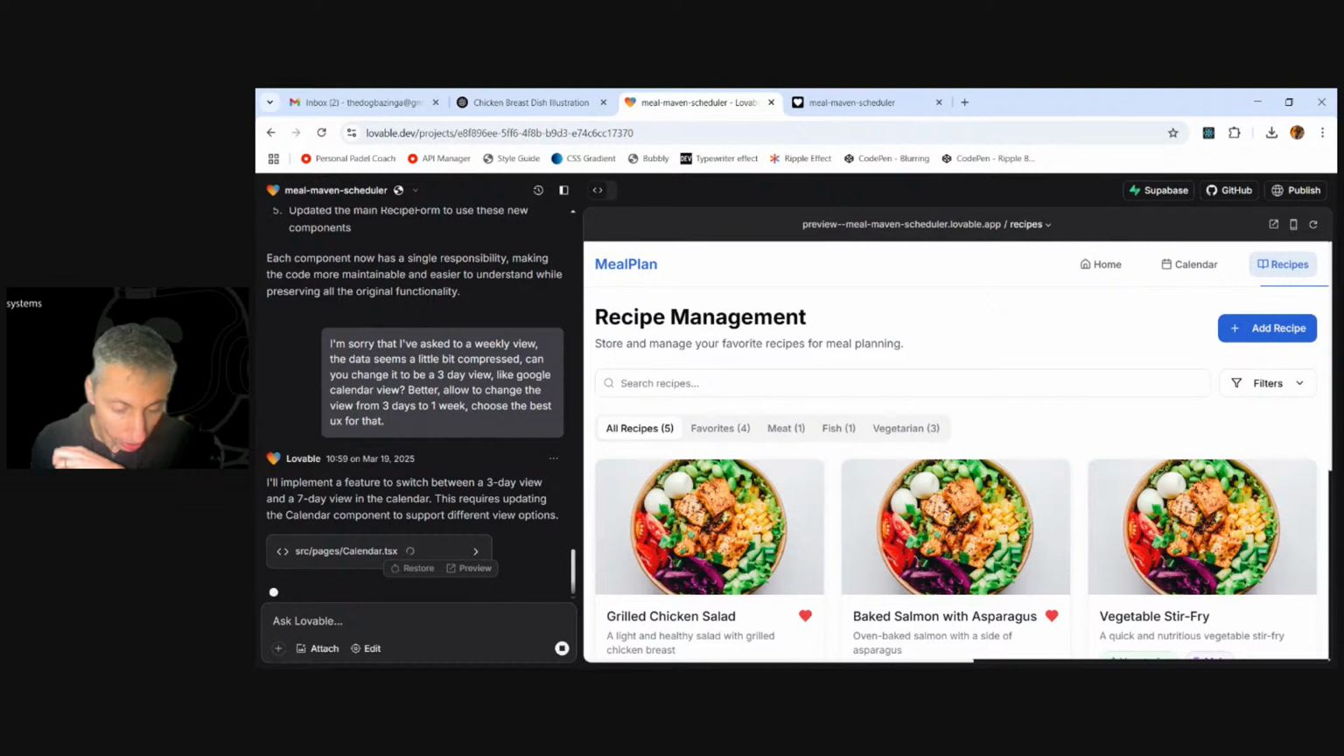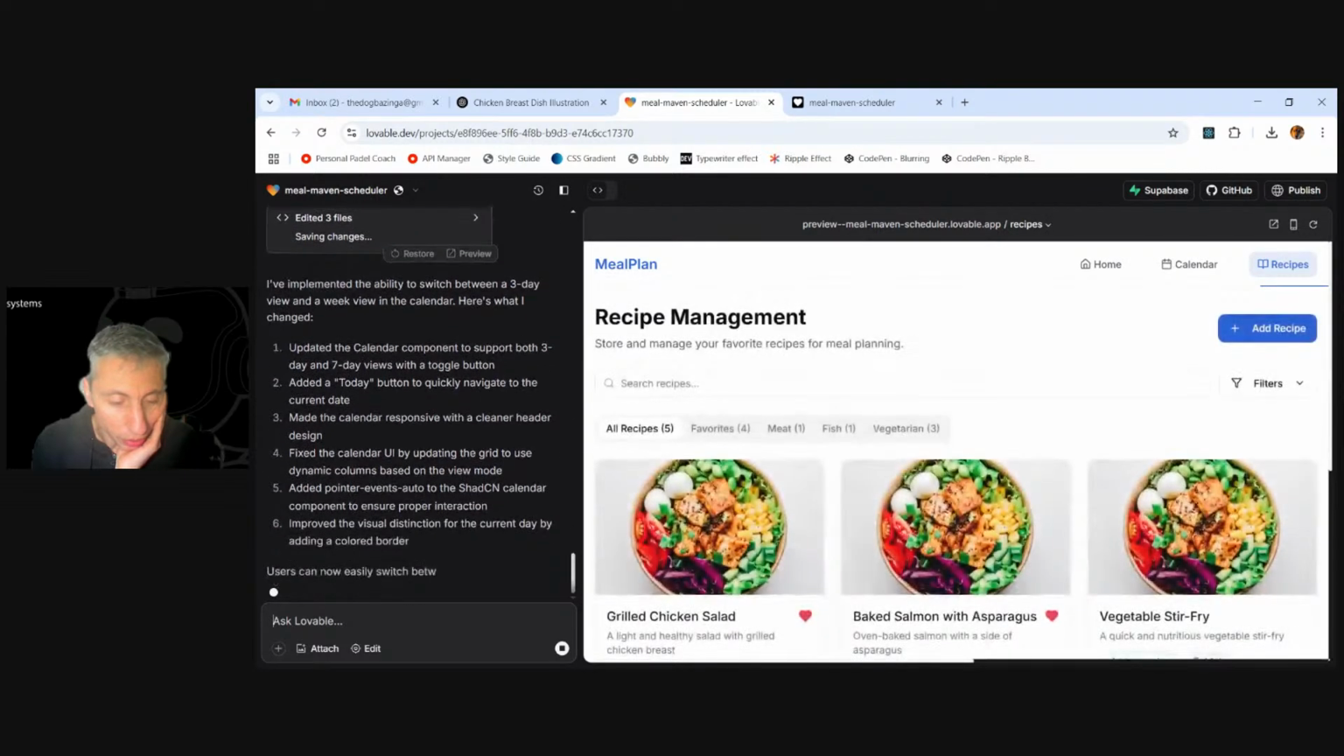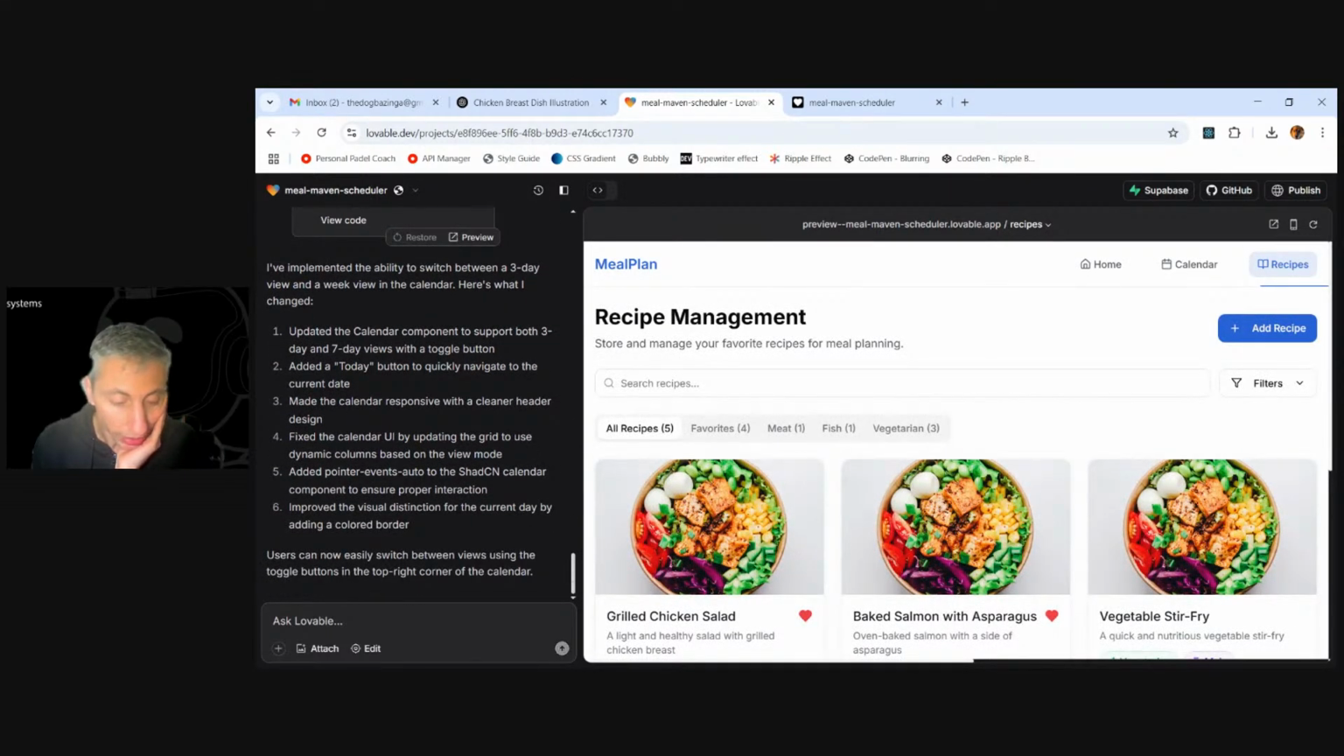Okay, so it's building. Lovable is answering back, saying it will implement a feature to switch between 3-day view. And it's already doing that. It has updated the calendar component and it has a today button. It looks like the one in Google Calendar, the today button is a lifesaver. I was once lost a week ahead and didn't understand why I was missing my appointments, and then I realized that I just needed to click today to go back. So okay, it fixed the calendar UI, the grid,